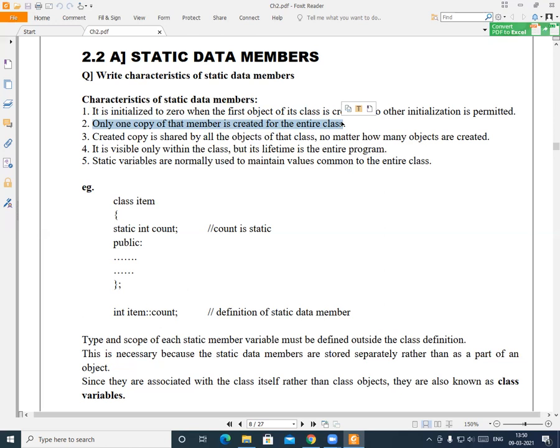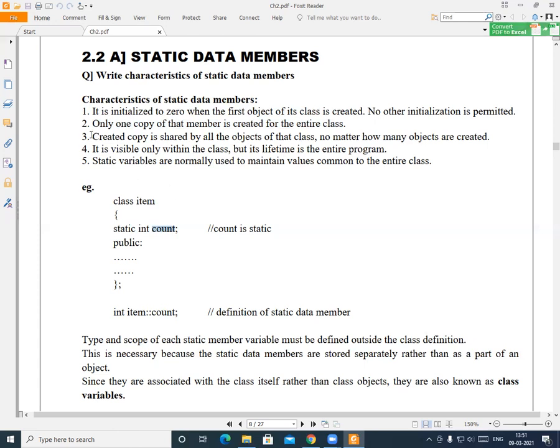But if the variable is made static, then for the entire class there is only one copy of that member. So here I have created this count variable as static. Now, if I create 100 objects of this class item, then for all the 100 objects only one copy will be created for the count variable and it is shared.